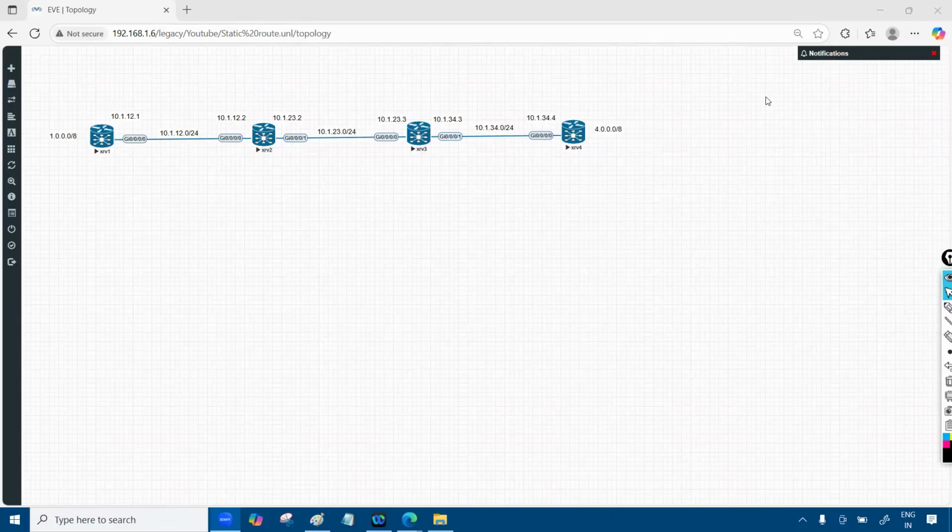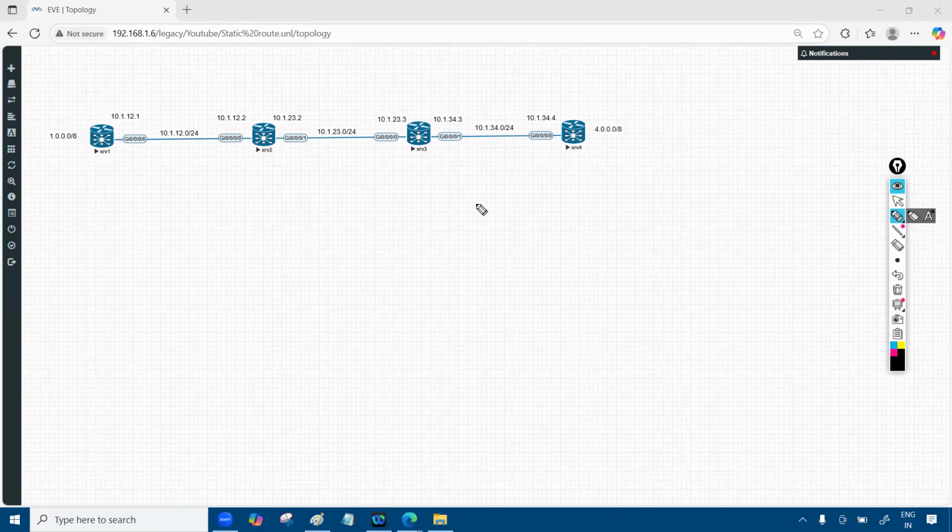So today we're gonna cover how to configure the static route on the IOS XR router. I don't need to explain to you what a static route is and how it works, because we have seen it from the CCNP Enterprise, the CCIE Enterprise, and even the CCNA Enterprise as well.